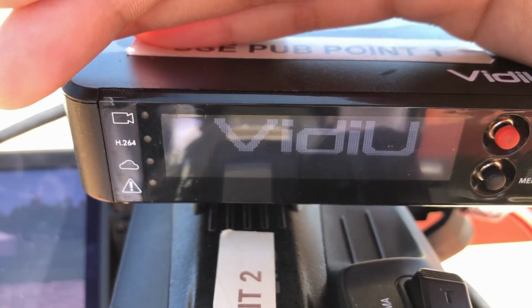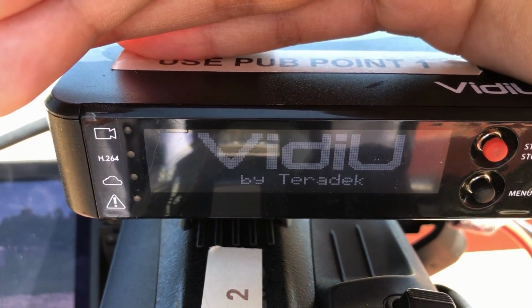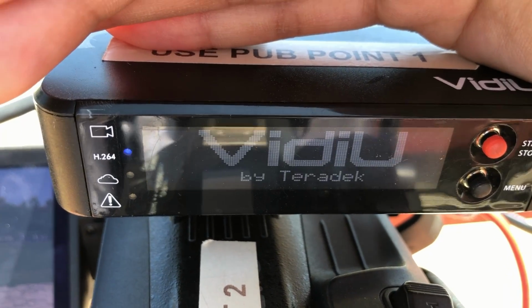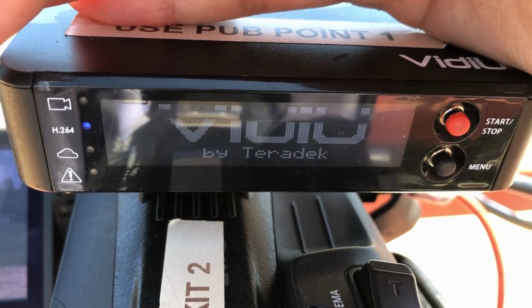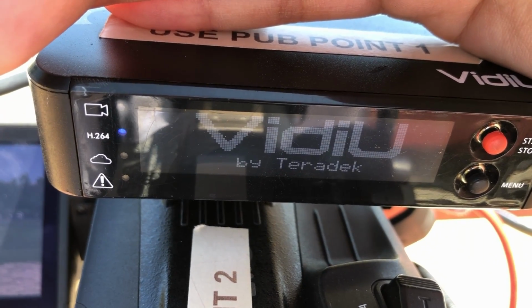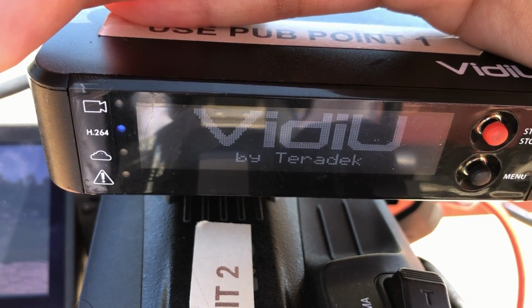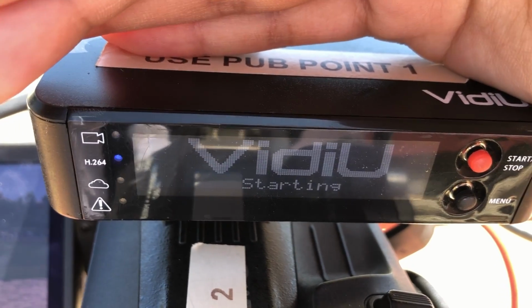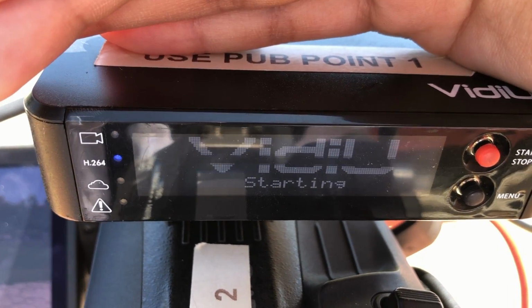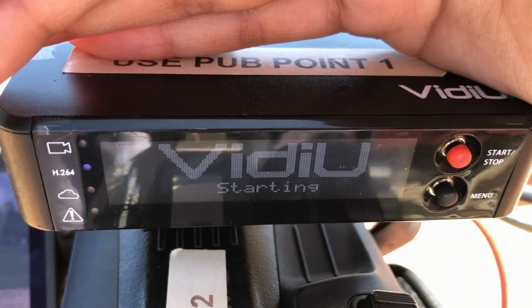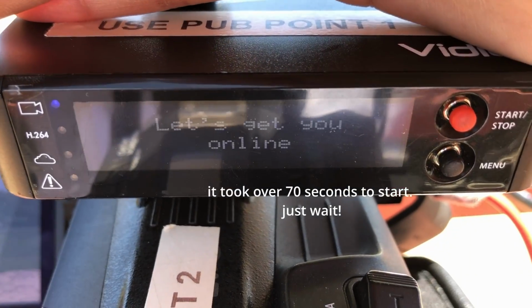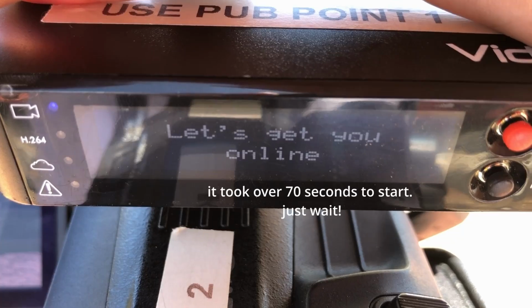Currently, I think I have turned off the Wi-Fi because the Wi-Fi at school is just not reliable enough to be streaming on. If you can figure out a way to run the Teradek on Wi-Fi, all power to you, then you don't need an Ethernet cord. That would be great, but just for full reliability, we're doing an Ethernet cord these days at Annenberg. Usually it takes a really long time to get started, but now you can see